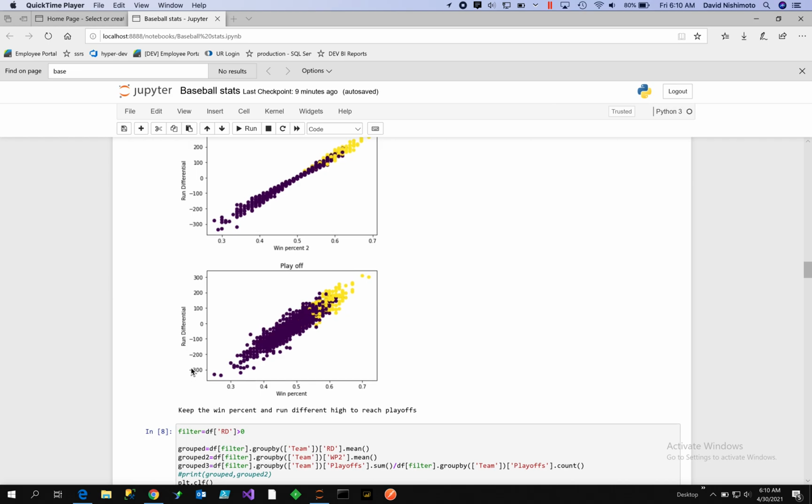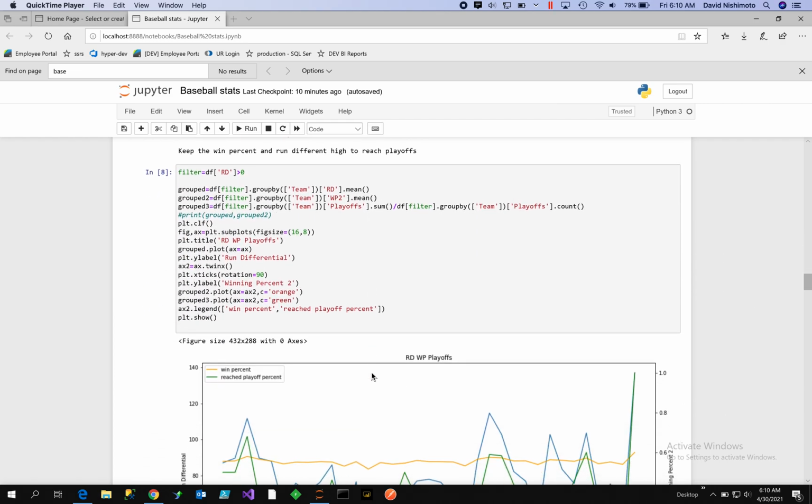And then the last one is the run differential by the win percent. And again, that looks linear. So I would say that the run differential by the win percent too, which would be the runs scored and the runs allowed, there is a strong correlation there. Okay, so let's start analyzing this. We'll look at the first one, which is the team by the run differential, and then we'll look at the win percent two, looking at the runs scored, runs allowed, and then we'll look at the playoffs